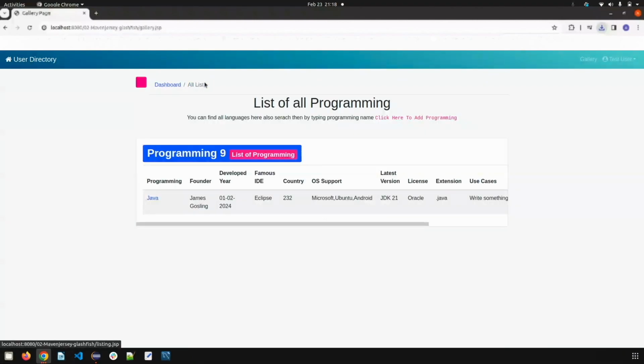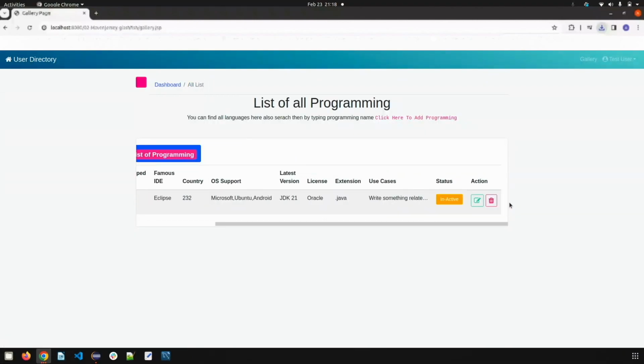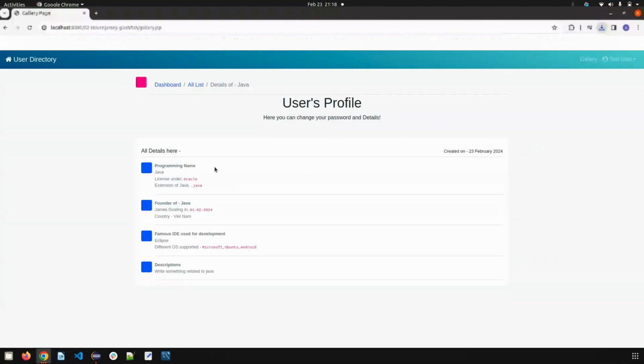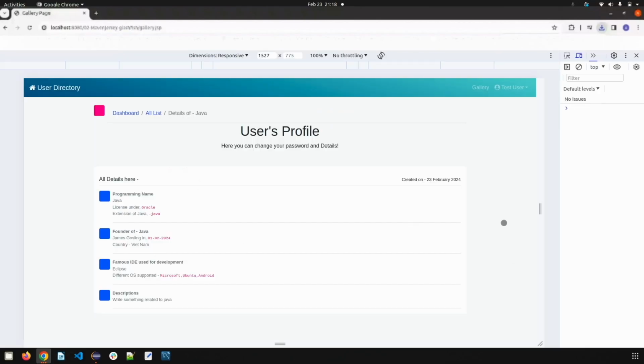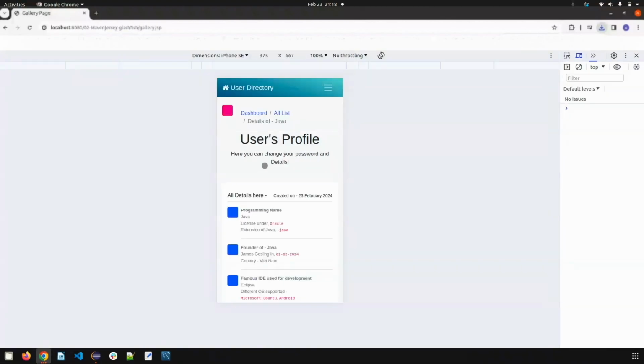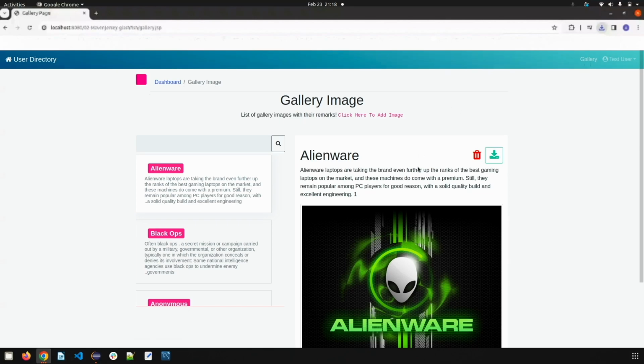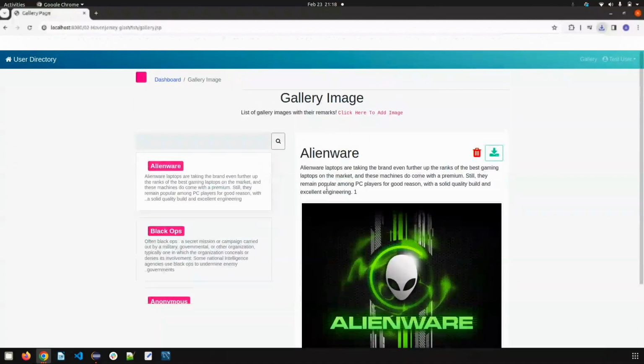and the user can directly navigate to the user list, where they can check the details of the listed programming. Here I made some helper functions in Java, so you can directly call them in Servlet or JSP as per your need. So the main purpose of this project is to cover the details related to Servlet JSP, and this is a small